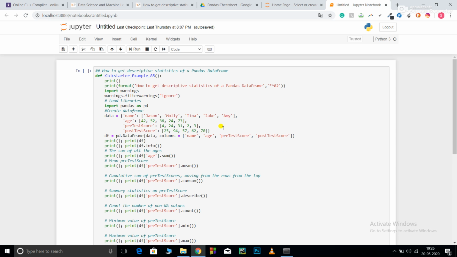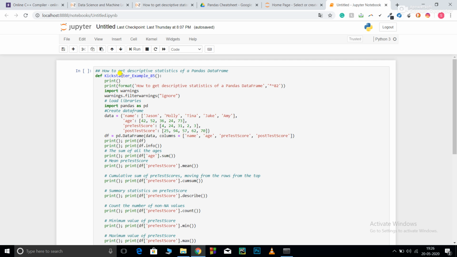So let's get started. Descriptive statistics means calculation of mean, median, mode, variance, skewness of the data. This all comes under descriptive statistics of a pandas data frame. This is very essential for getting insights into your data, because data analysis is not only about fitting a model to your data, but also about understanding the data and its distribution, so that you can prepare a proper, well defined report.